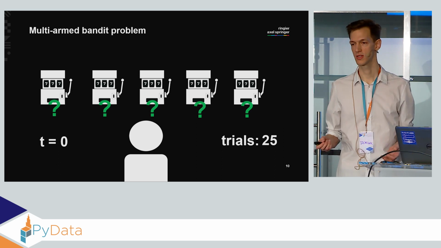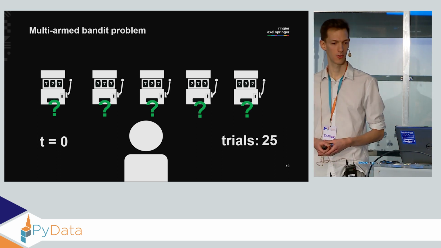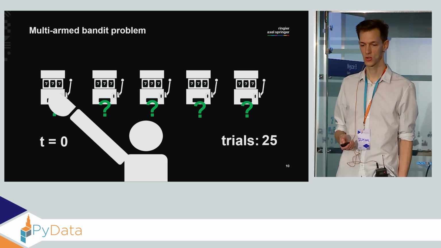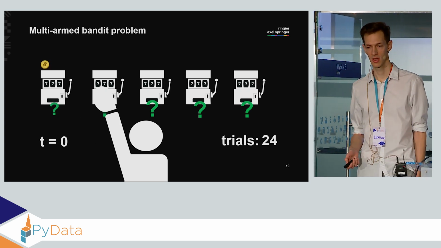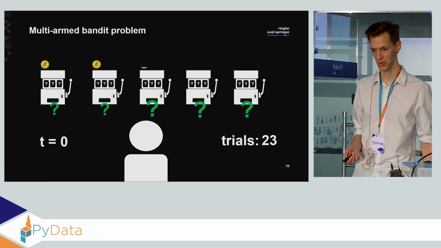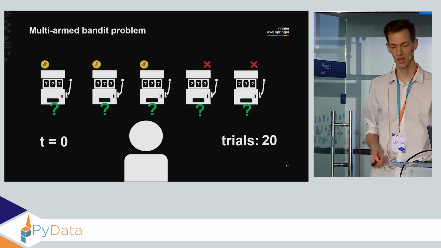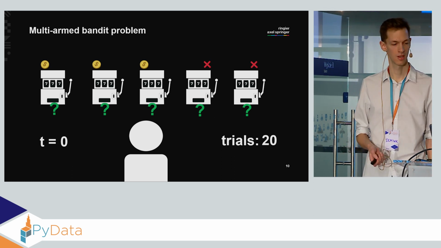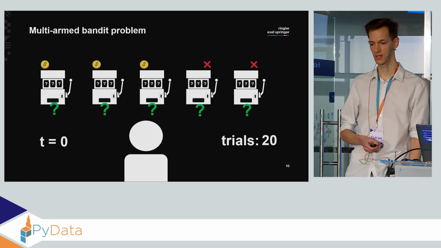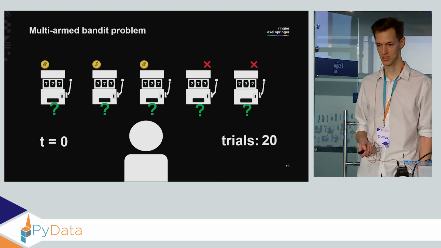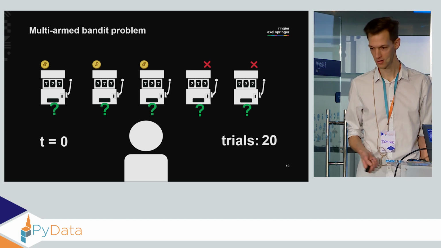So what would you do in such a scenario? Well, if you're like me, you will probably start with something very naive, like trying each of the machines just once and seeing what comes out. So let's say this is the result that we get. And surely our uncertainty about these articles has decreased a little bit, but I think you'll agree that this is way too little information to really start acting in a confident manner.